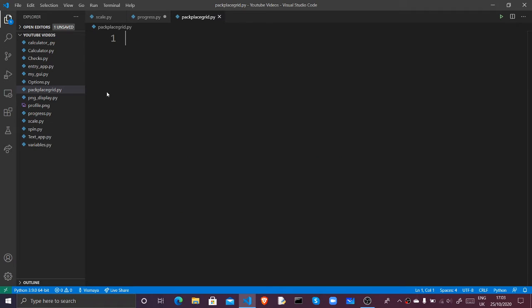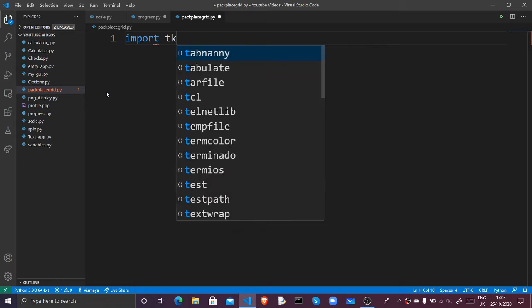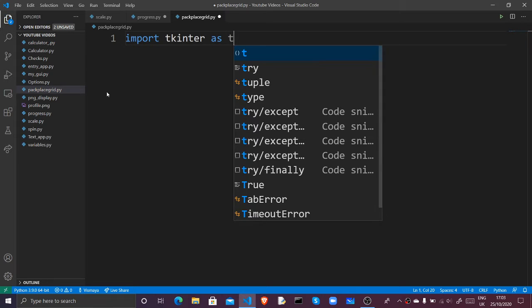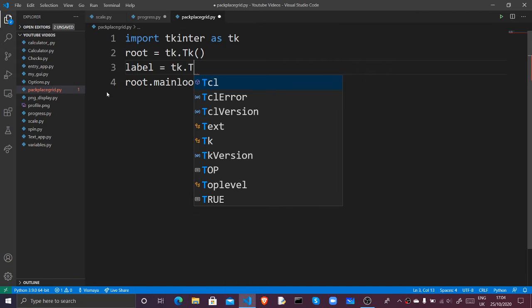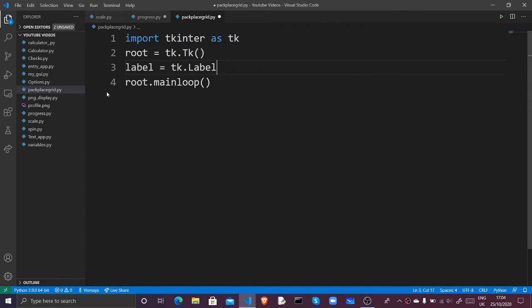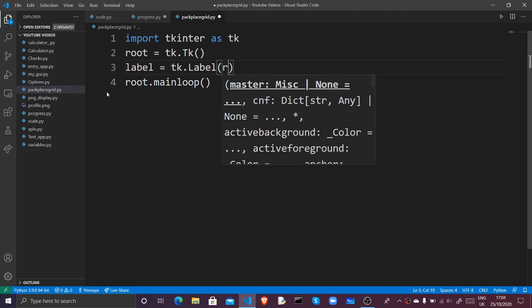.py. Inside this, let's create a label. Once we import tkinter as tk, root is equal to tk dot Tk, root dot mainloop, and on top of this, label is equal to tk dot Label, root,